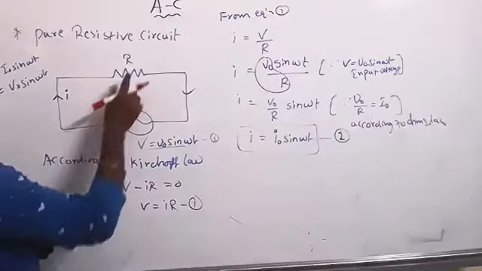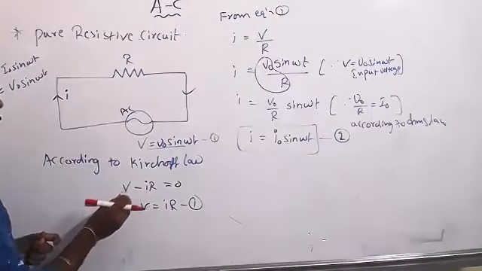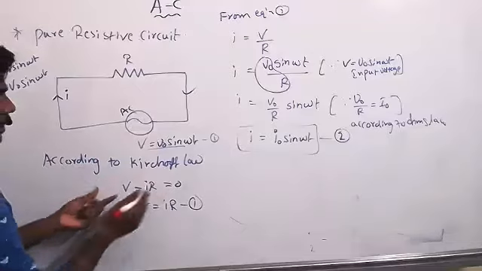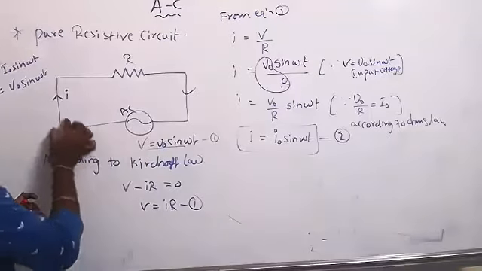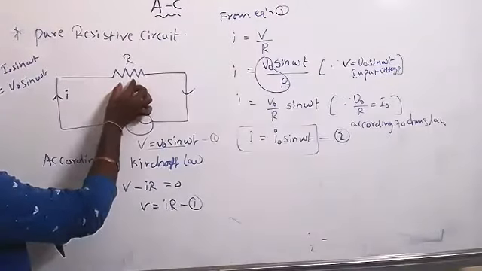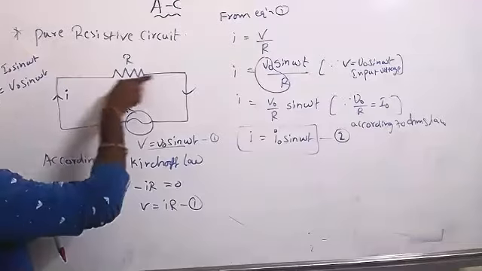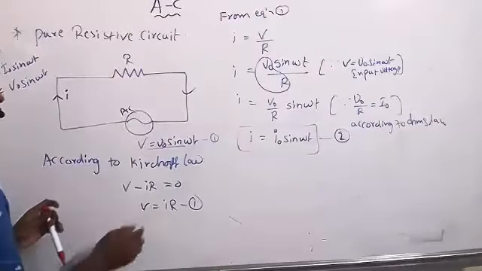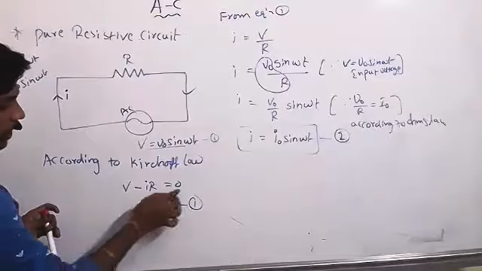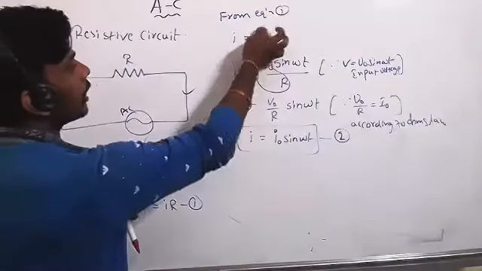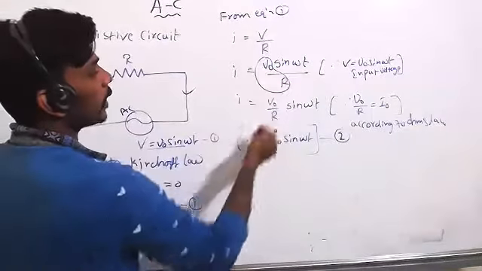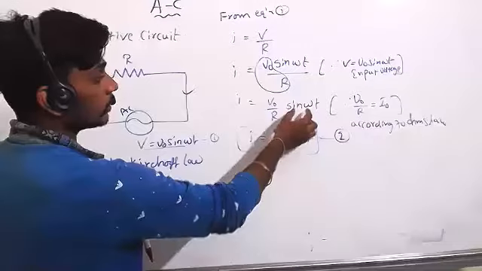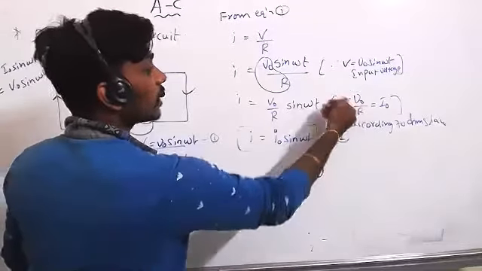So current is passing. How do we calculate that current? I will apply Kirchhoff laws. Here V and here one more V. V is equal to minus IR, because current is flowing in this direction and you are also going in that direction. A potential drop will be there, so potential drop IR equal to 0. From here V is equal to V naught sine omega t, so I is V naught by R sine omega t. V naught by R is I naught.